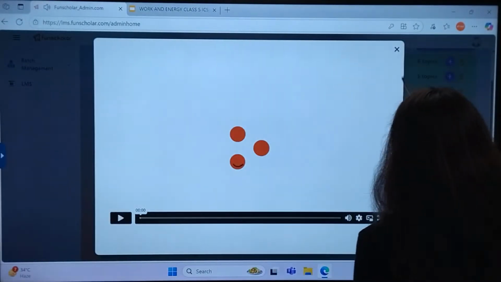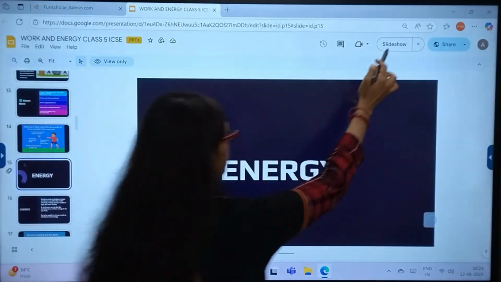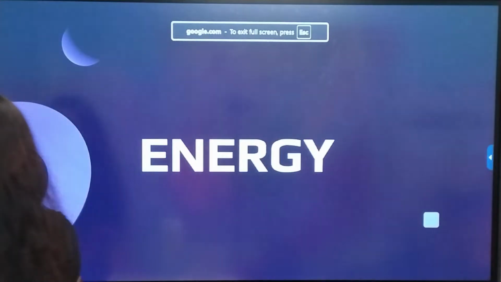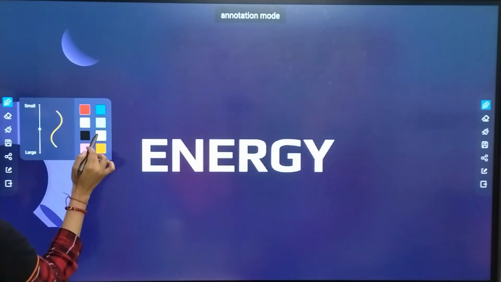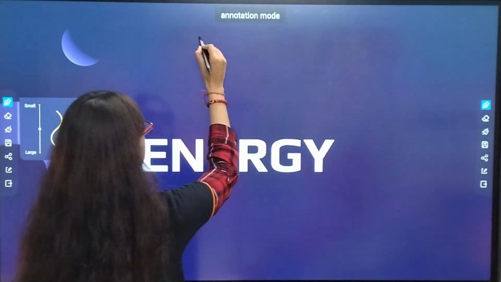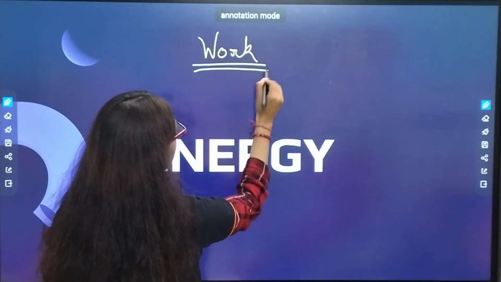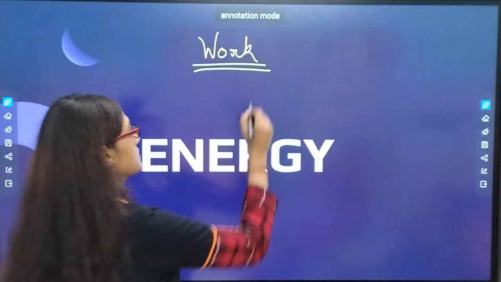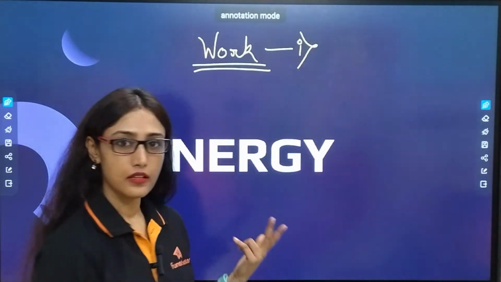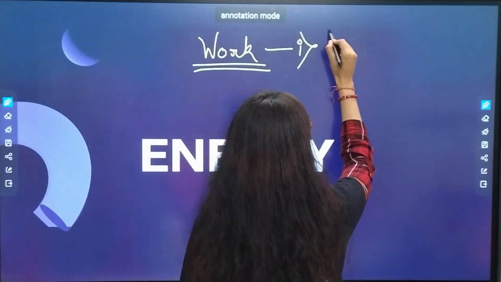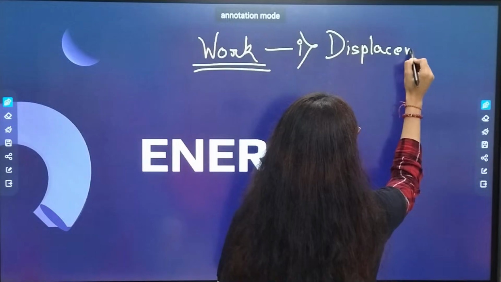So remember now what is work. Let me just revise it once more. Work. To do work, you need to meet two conditions. What are they? First condition is displacement. What is displacement? Displacement is nothing but movement